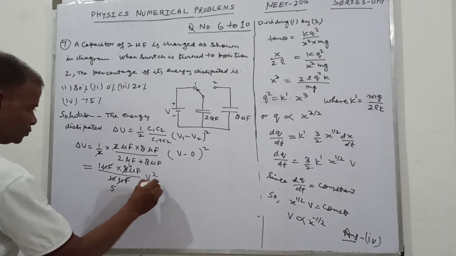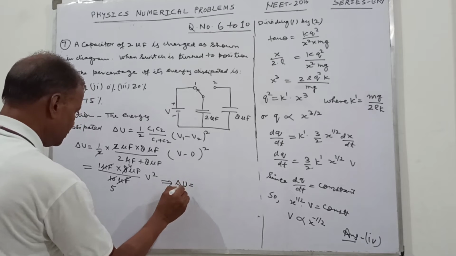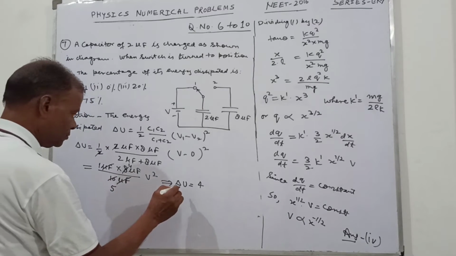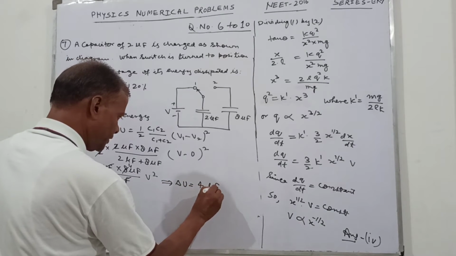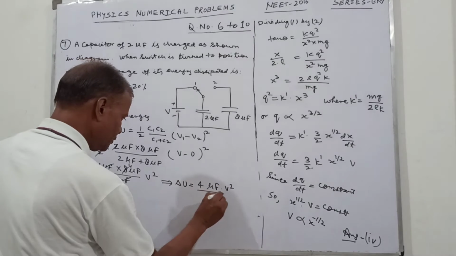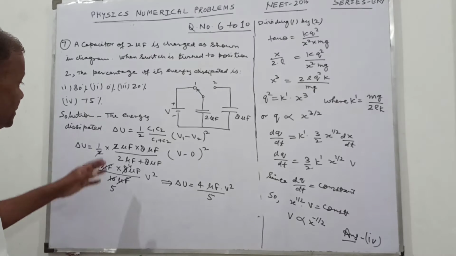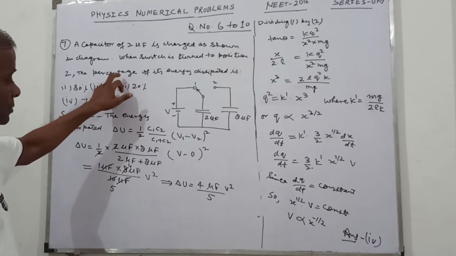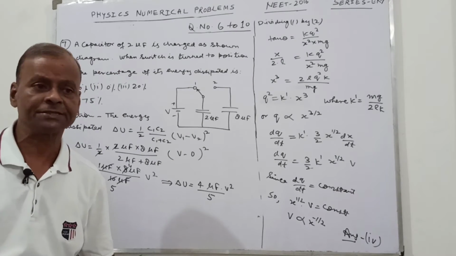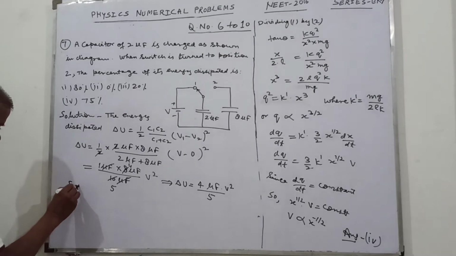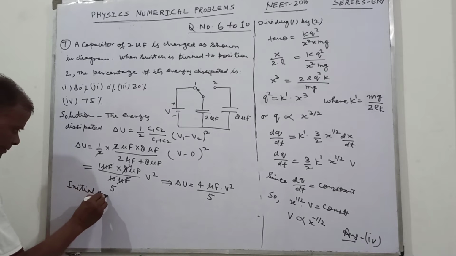So delta U equal to 4 microfarad into V square upon 5. You have to find the percentage. This is the energy dissipated, but not the percentage. So to find its percentage, what we have is the initial energy